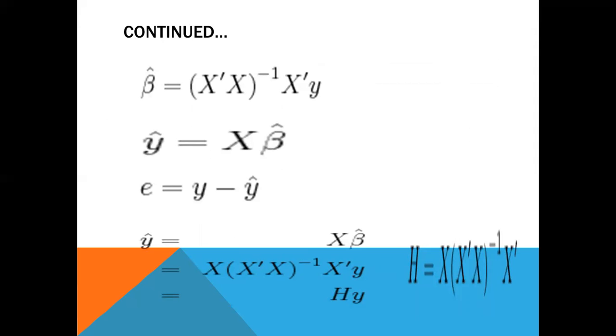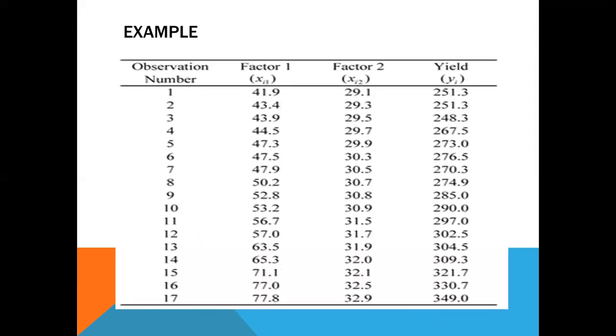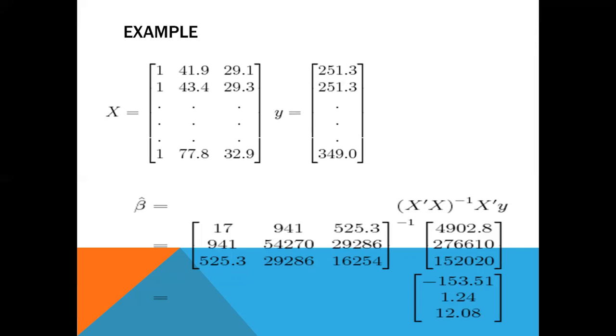Okay, to the power minus 1. So we have to find the inverse of this. Okay, multiplied by x transpose. So you can see the x transpose here multiplied by y. So this is an operation of a matrix and a vector. As you know, we have learned in the first module that a matrix multiplied by a vector will also be a vector. So we have got this vector